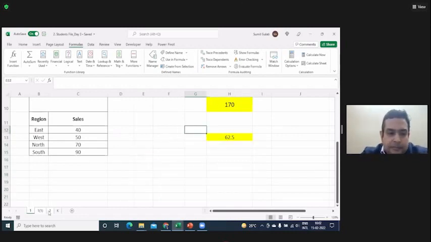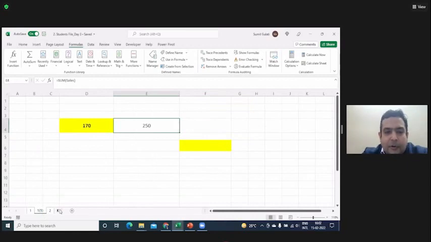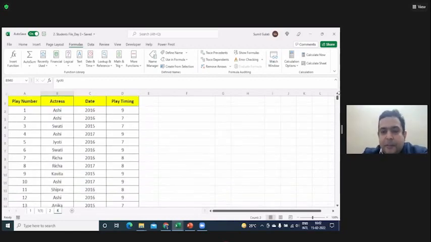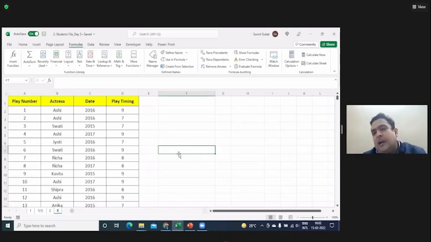Okay. Now come to worksheet K. What was the biggest problem in this sheet? While doing this sheet, what was the most difficult part that you had to do? When I said find the average, count the number of times Ashi acted in 2016, or Ashi and Swati acted in 16. We used COUNTIFS in this.